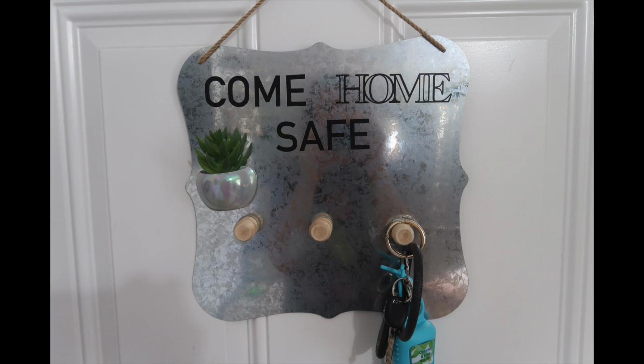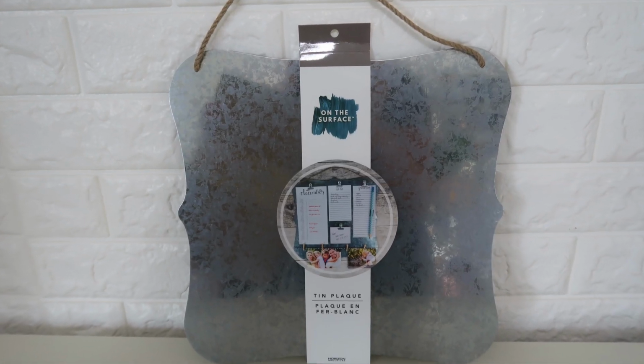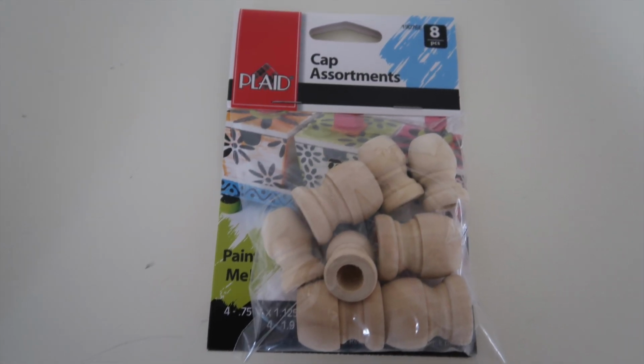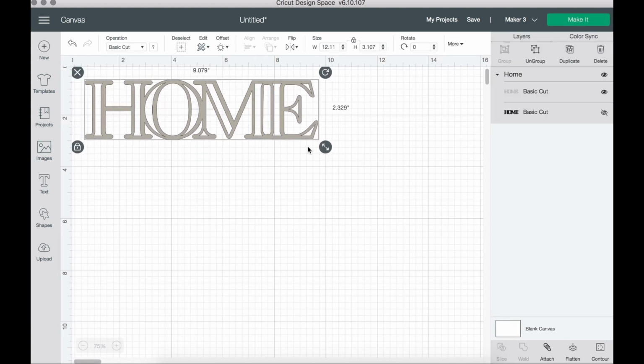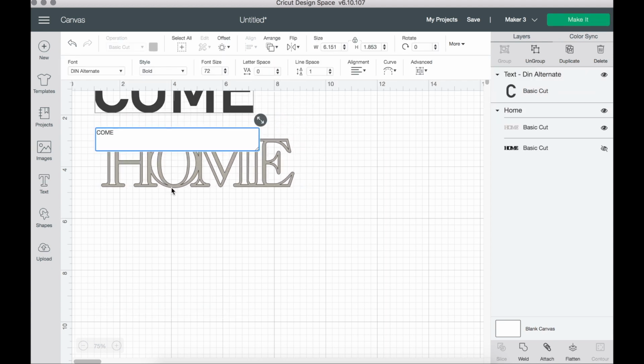This last DIY is a Come Home Safe key holder or sunglass holder. I put this on our back door since that's where we walk out of our home. This tin piece, or this galvanized piece, was $3.97, and $2.97 for the wood pieces. And I just went into Cricut Design Space and created my own. This Come Home Safe,